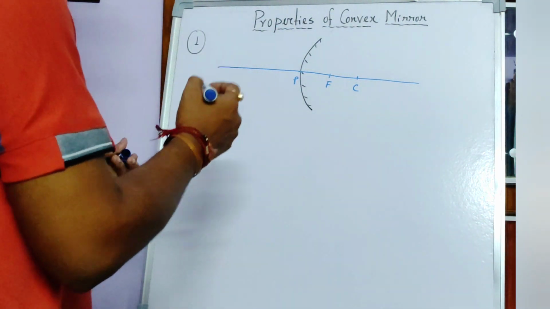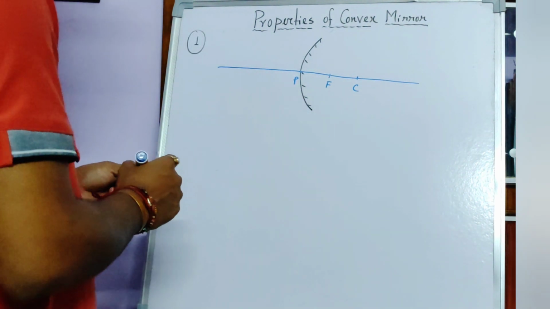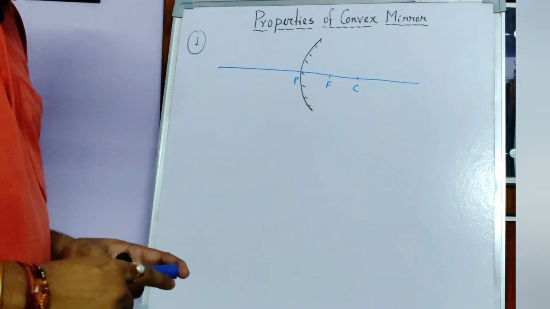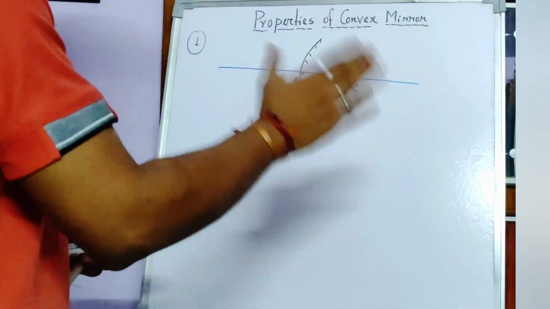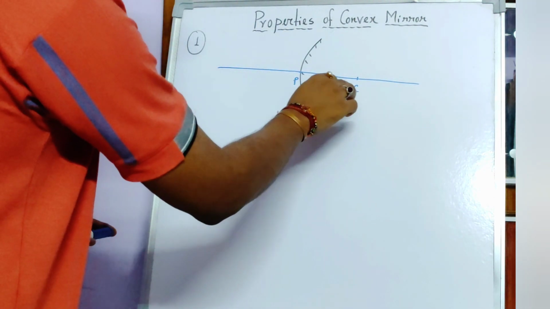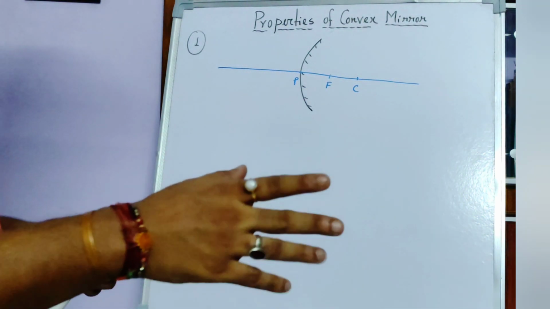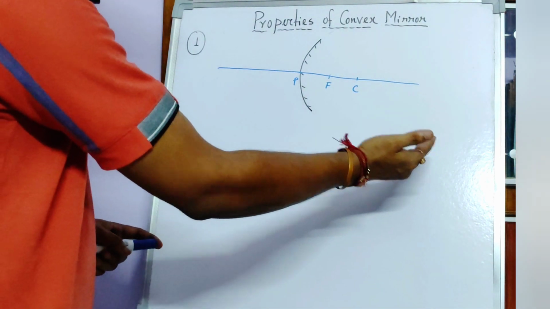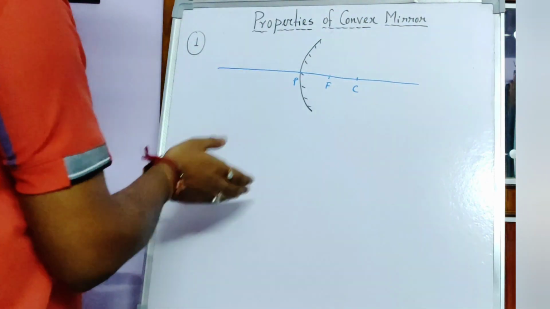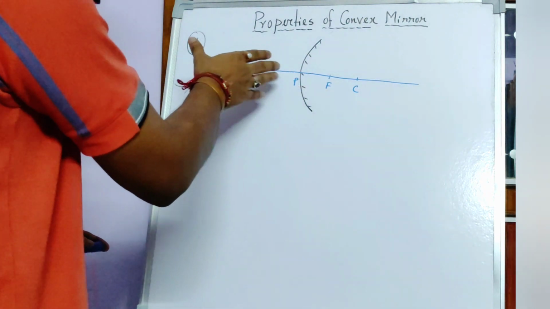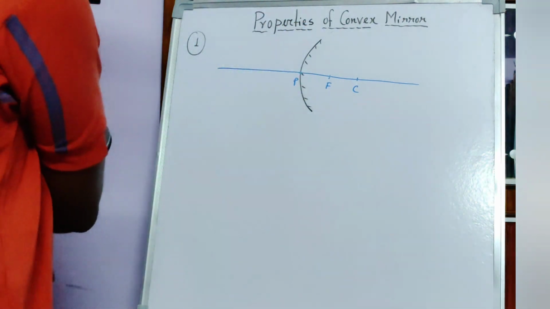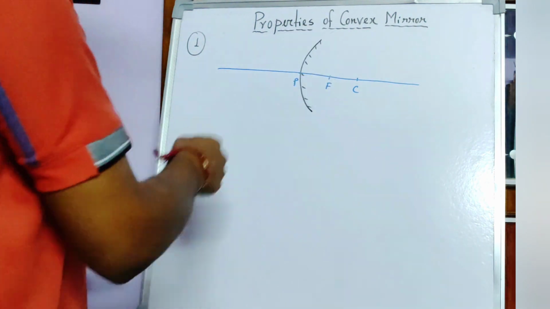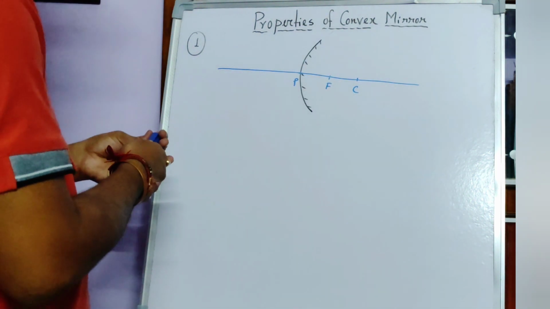Okay, so now the first property is saying that, as focus and center of curvature are behind the mirror, no rays can exactly meet at focus or at center of curvature because it is behind, right? Behind means light cannot pass through the mirror. जो भी light वो हमेशा reflection होके left में आएगा, right में कुछ नहीं जाएगा. So to get it, how to get it? So let me show you this.